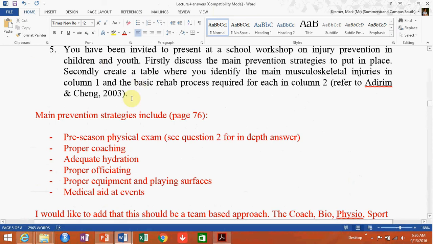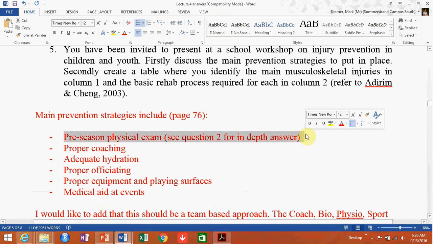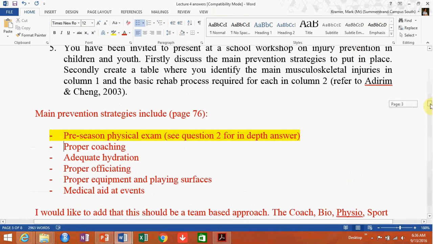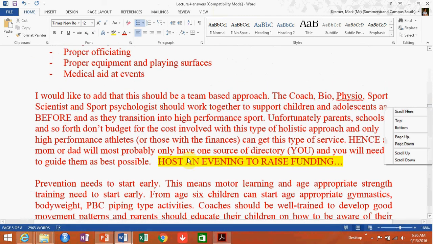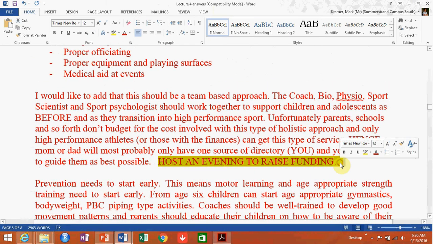Okay, so obviously prevention is better than needing to actually go through the rehab process. So, pre-season physical exam, again, I've already told you this. You might be thinking, yeah, but Sam, I work with athletes that don't have money for all of this extra stuff. Well, just last week I was chatting to an individual who hosted an events fundraising evening, and the